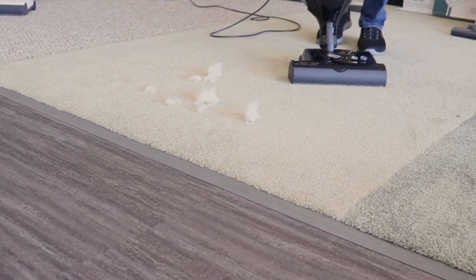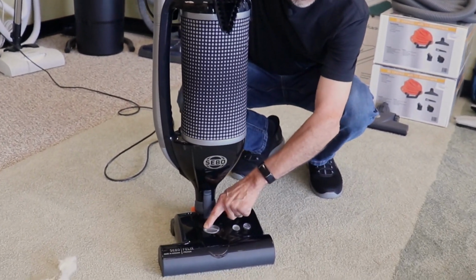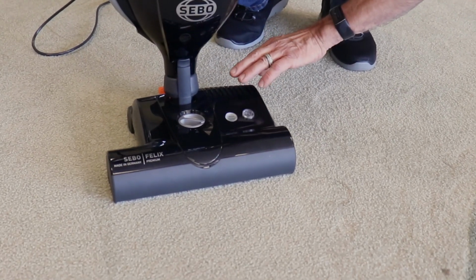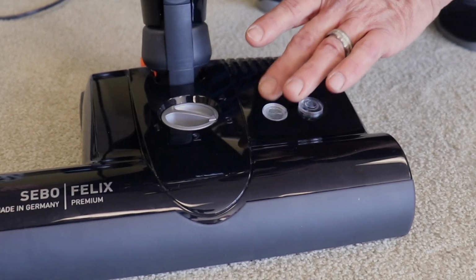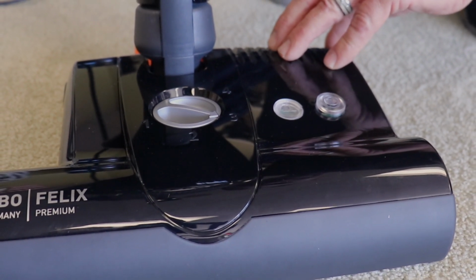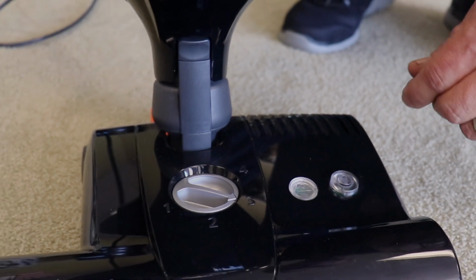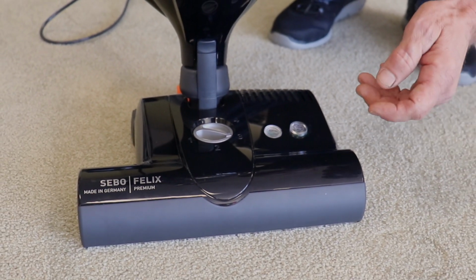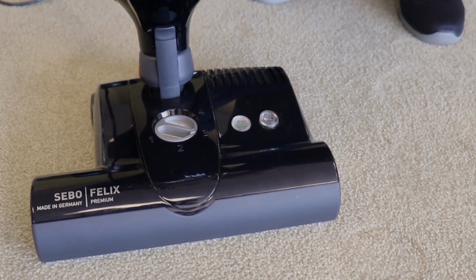It's also a smart vacuum cleaner. We have some controls here on the top. You have your height adjustment. You have your brush indicator. You have your brush on-off indicator, or brush protection indicator, I should say. If we get anything stuck in this vacuum cleaner, this little red light's going to come on. The nozzle's going to shut itself off. You remove the obstruction, turn it back on. That's all you do. This little guy here will allow you